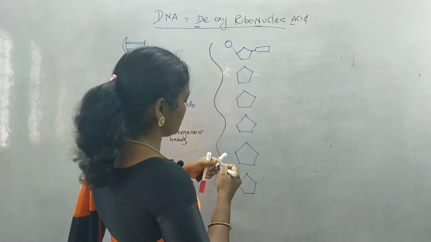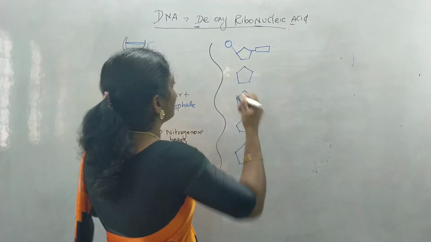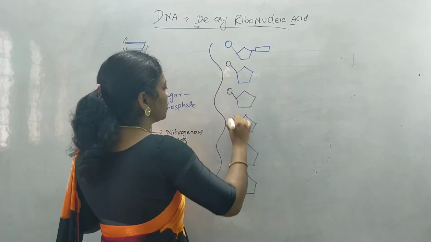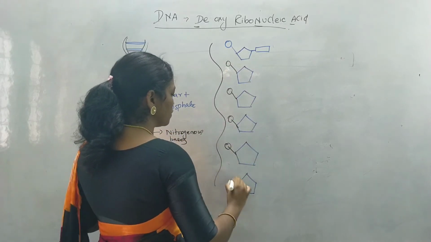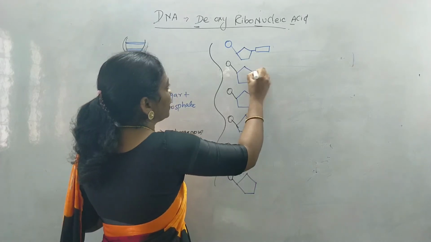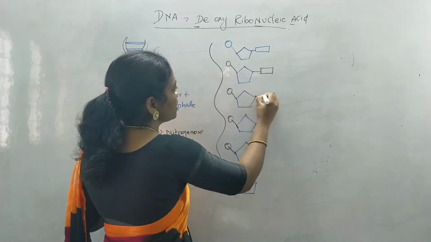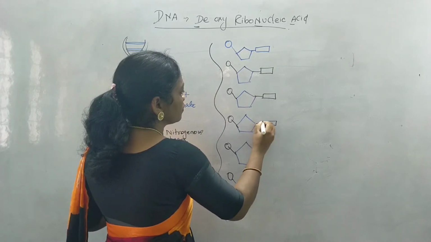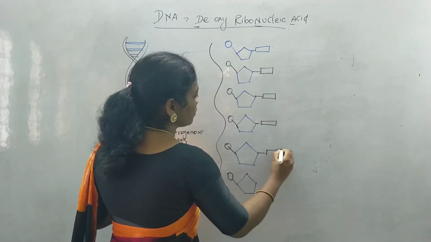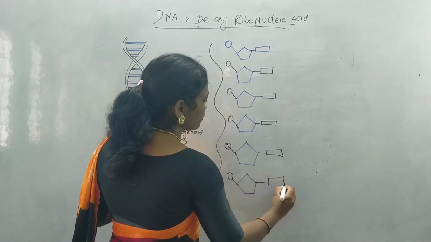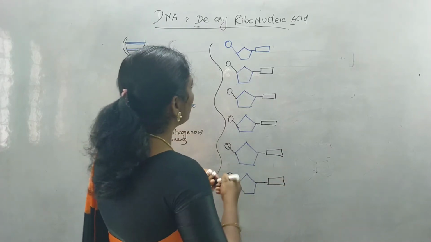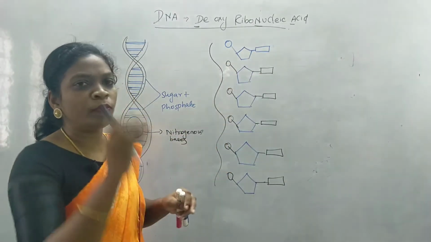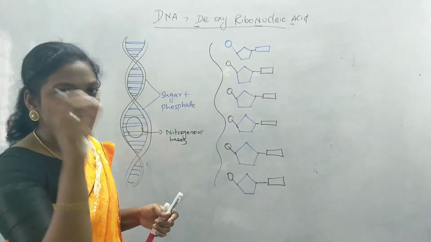So adjacent nucleotides, where we have a phosphate group, and on the other side you can find a nitrogenous base. So this is how the nucleotides are arranged. But these nucleotides should be connected together to make a complete DNA strand, or one strand of DNA.